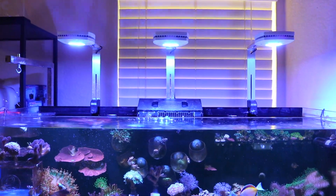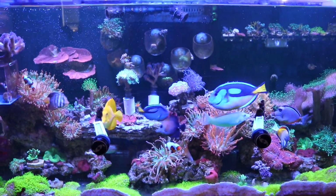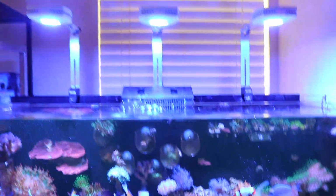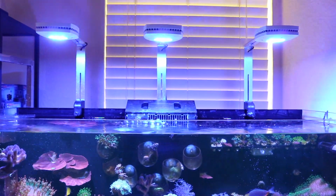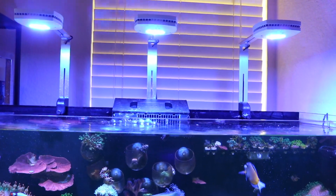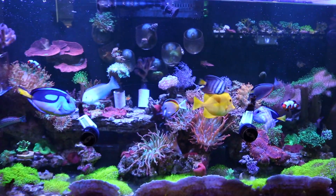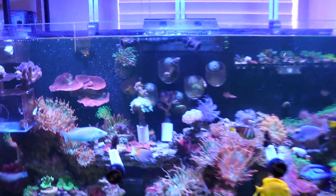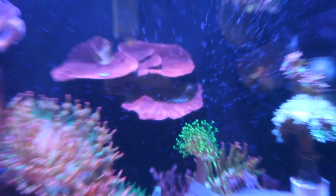And the spectrum really does grow coral, and it does work for anemones and everything like that. I'm very happy with the lighting. It's just 3 pucks, like I said before, kind of underpowered, but what I'm growing in here, it's more than enough. I'm just not happy about certain things like shading and stuff like that, where this Montipora cap,